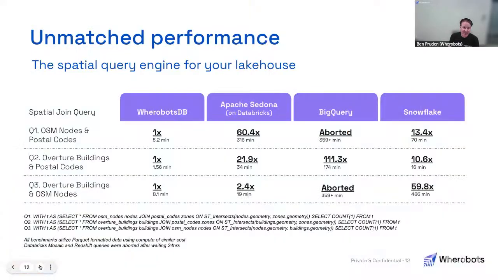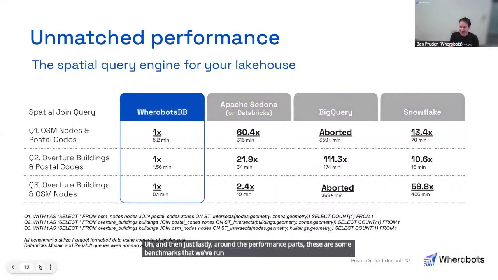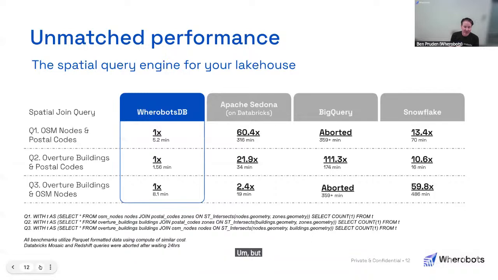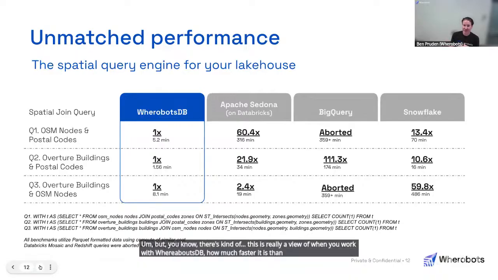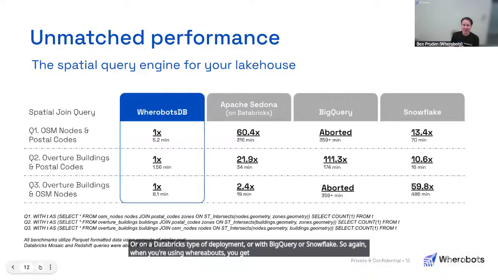And then just lastly, around the performance parts, these are some benchmarks that we've run. We're actually actively working on a big benchmarking project right now, so we'll have more news to share there in the coming weeks. But this is really a view of when you work with Wherobots DB, how much faster it is than other distributed computing systems that handle spatial data well, including, for example, using our open source Apache Sedona in a Spark or on a Databricks type of deployment, or with BigQuery or Snowflake. So again, when you're using Wherobots, you get the fastest, the most performant